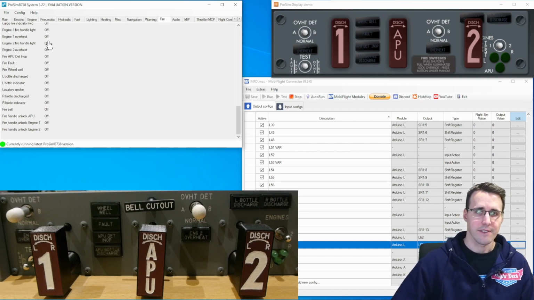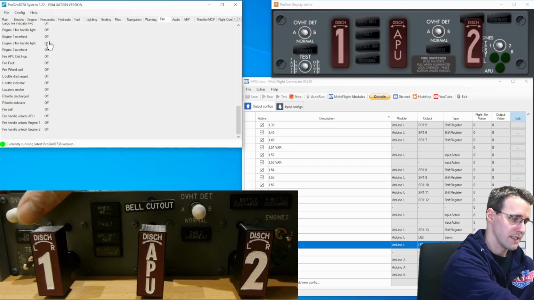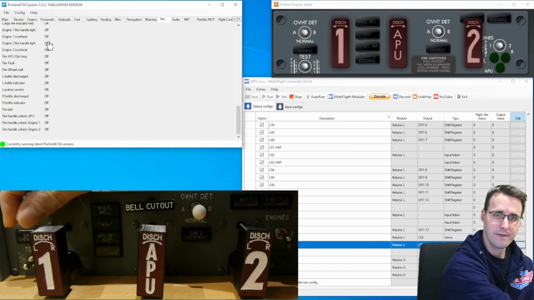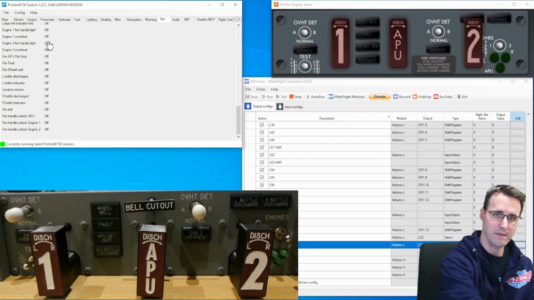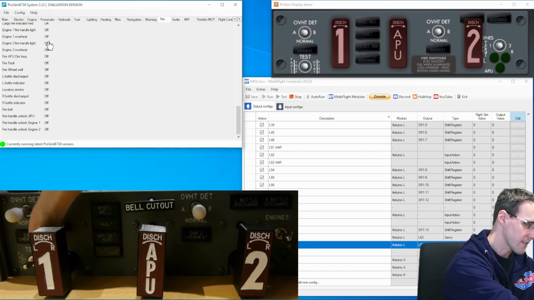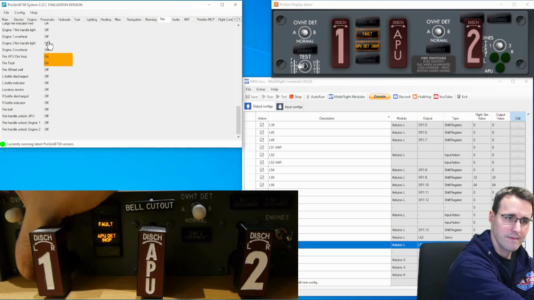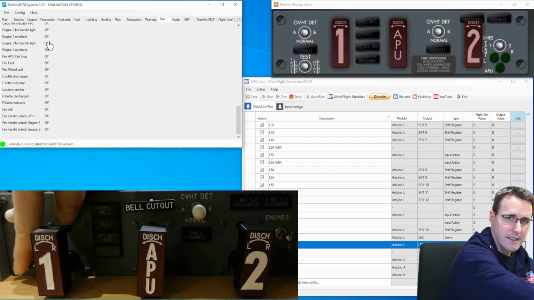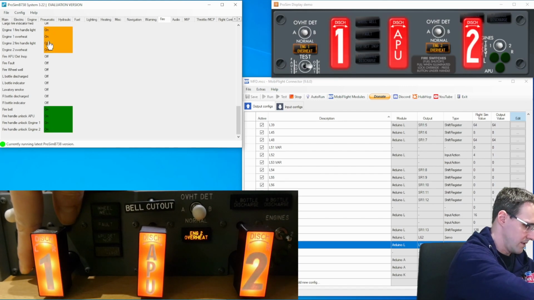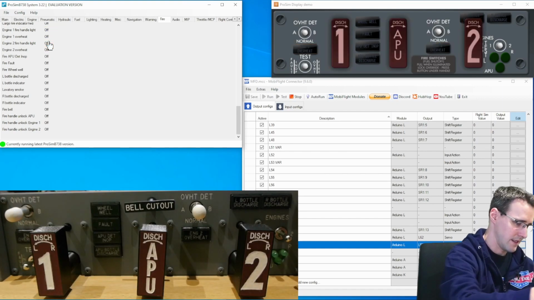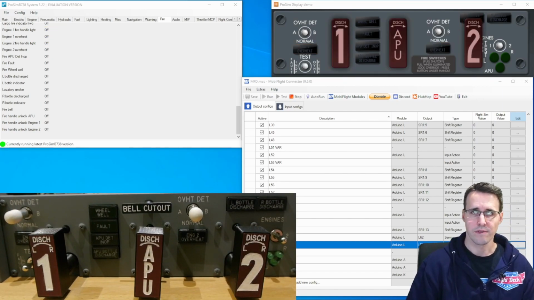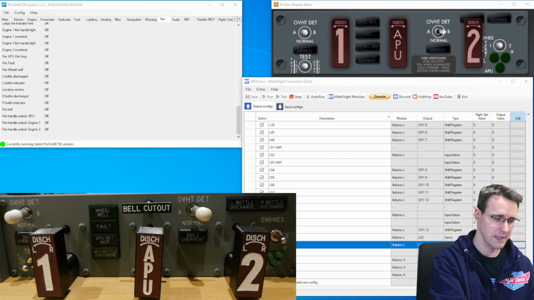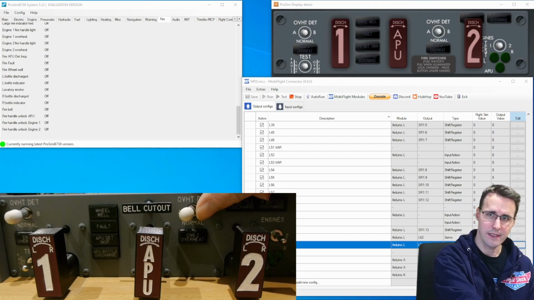And let's start on the left side with the overheat detection. Let's move this to A. There it is. And B works. And the middle position, there we have it. And the test button down, in up. Also some lights are going on. Very good. And the overheat fire, there we are. And back again. So over here to the right overheat detection, and on B is working, middle and A, and